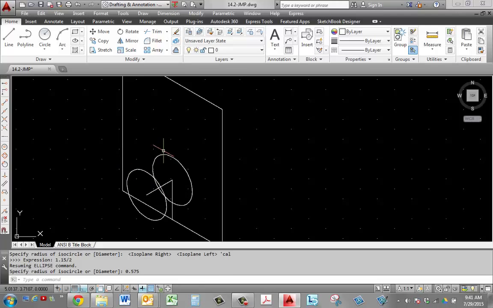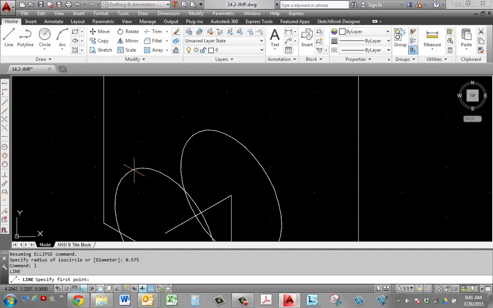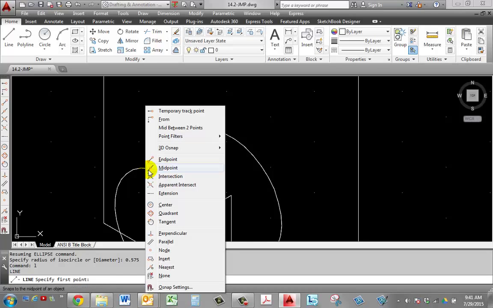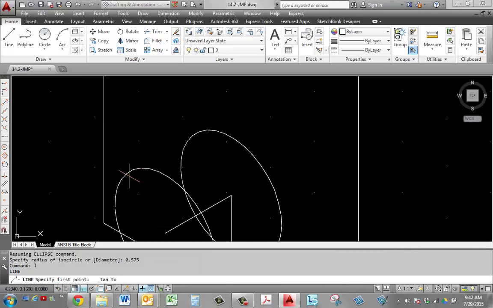Now I need to attach lines to the tangency point. So to do that, we'll go to the line command, and tangency won't work. Say shift, right click, and tangent. Doesn't work on an ellipse. Okay, only works on circles. So to create a line here to represent the outside edge of that pin, we have to attach,